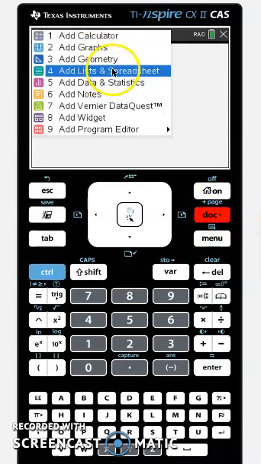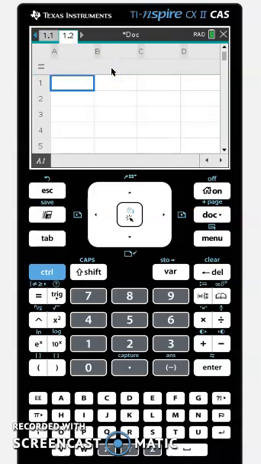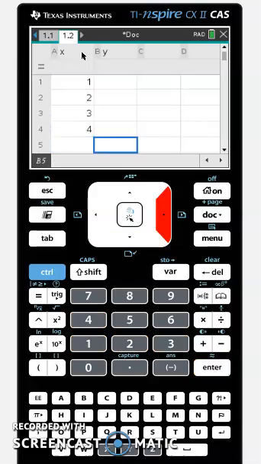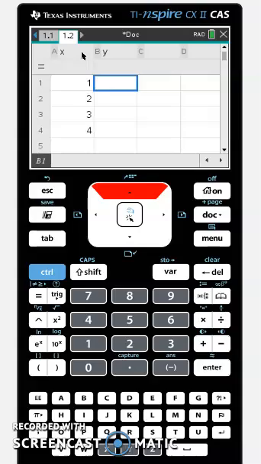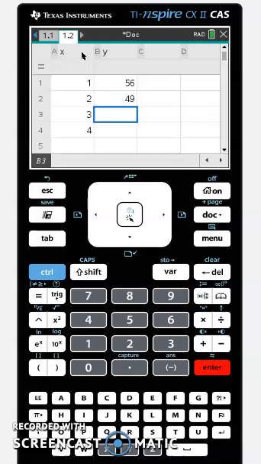And I'm going to pick lists and spreadsheets. Okay. So, and now I need to label. So I'm going to do X in this first one, and then we'll do Y over here. And of course you could label these whatever they are. So let's do 1, 2, 3, 4. And then over in the Y column, we'll do, I'm just picking random numbers, 56, 49, 37, and